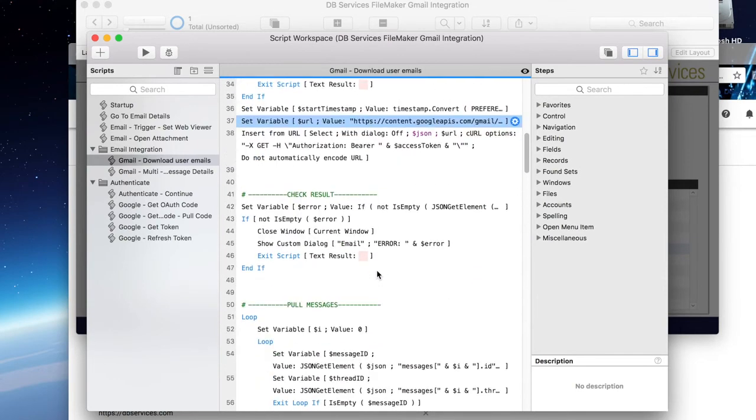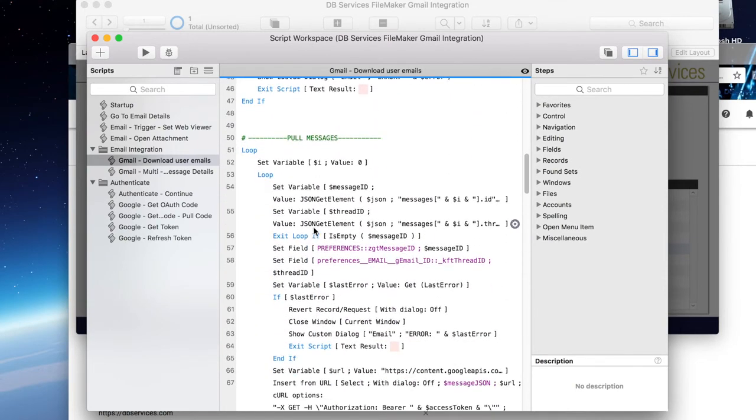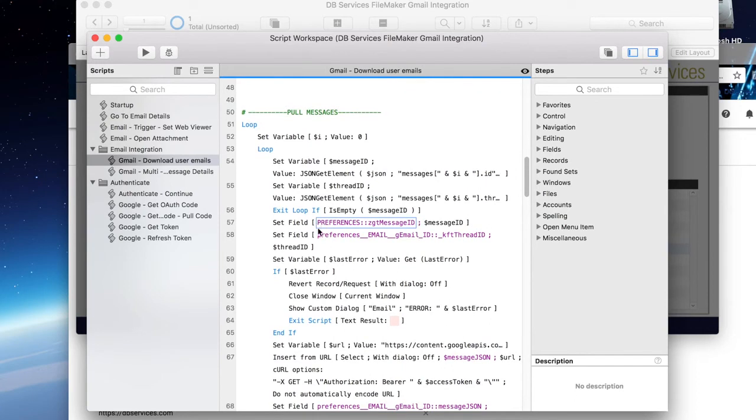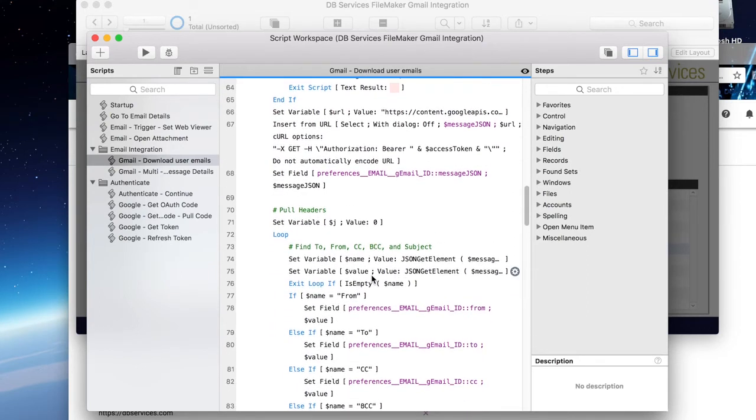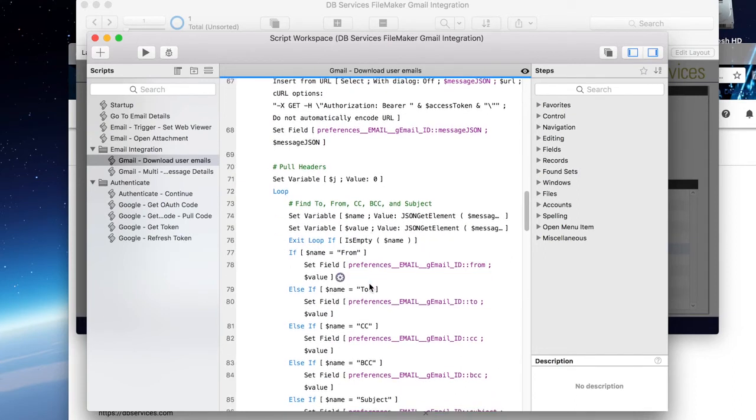Then you're going to have to loop through those IDs and pull the actual message information. That message information comes back as a large JSON chunk, and then you just have to loop through all the sections of that JSON to pull all the information out of it.